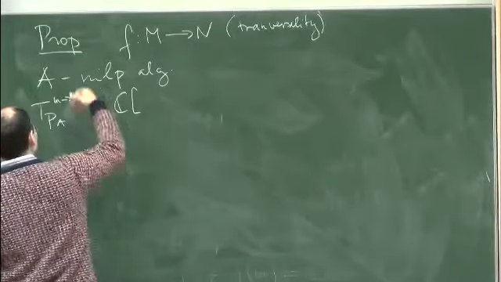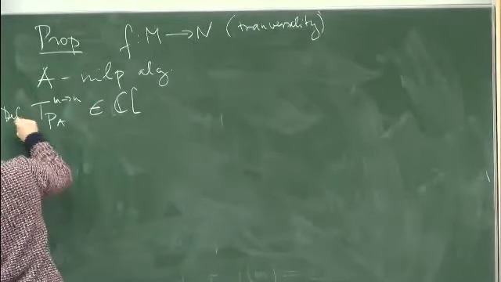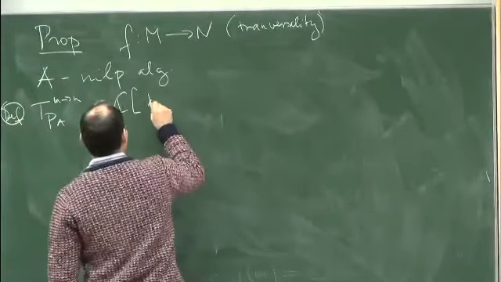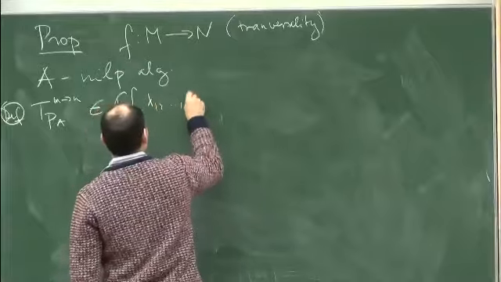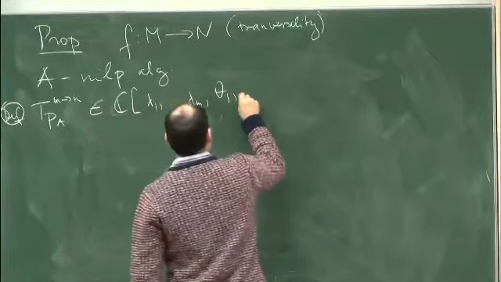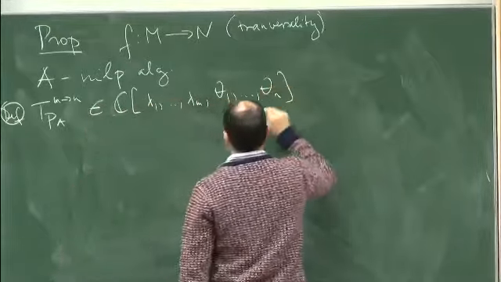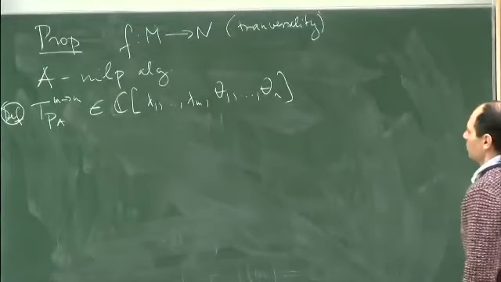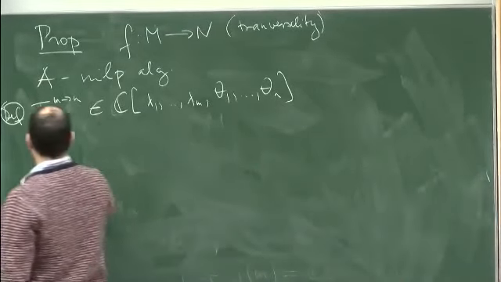So there's a definition in the middle of the proposition, if you like. Sorry. So it will be lambda 1, ..., lambda M, and theta 1, ..., theta N. So it will be in variables like this, and it's defined as